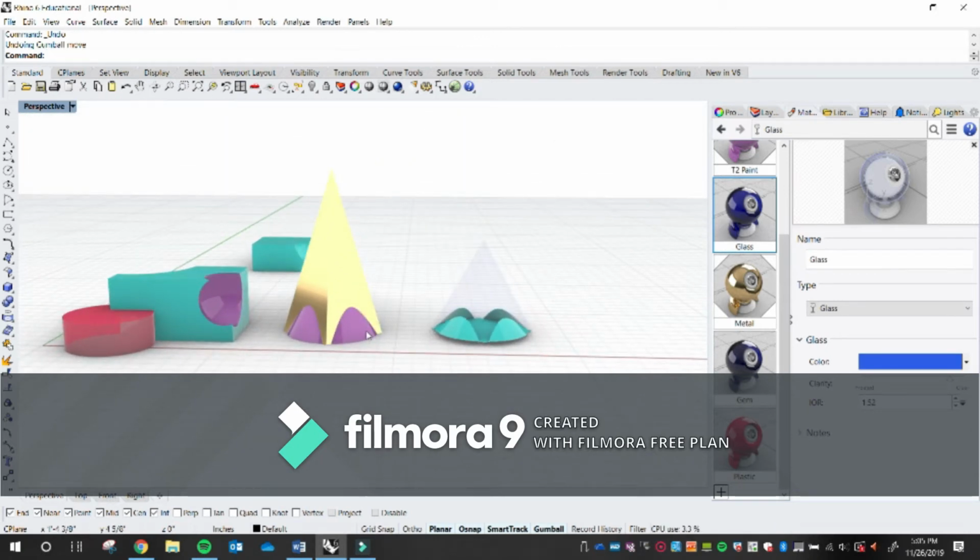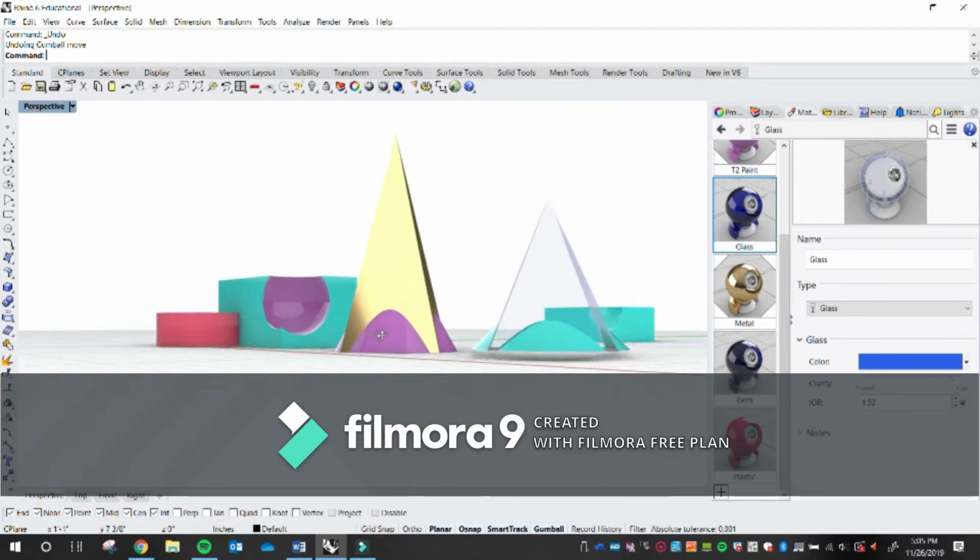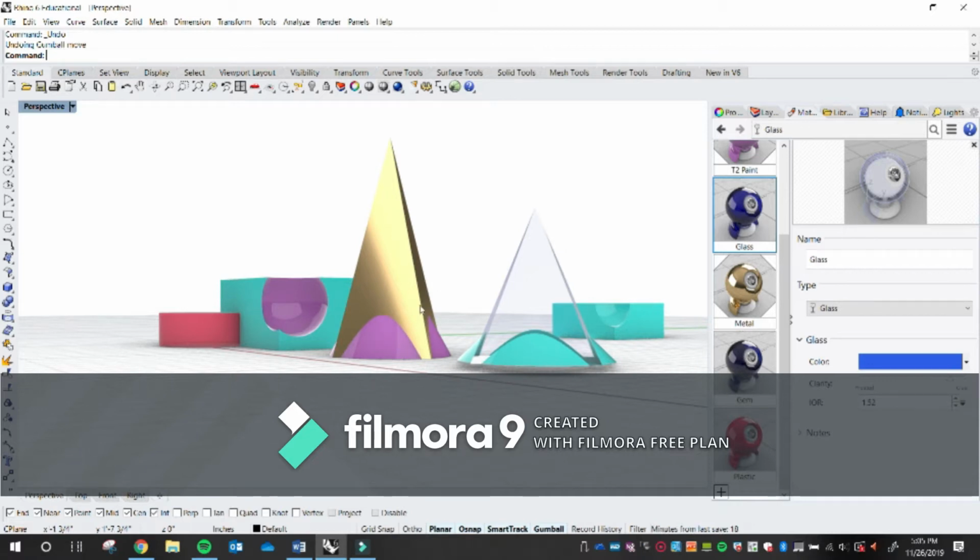The way that we actually get a rendering is we first select our view. Let's say that we want to do something like that. You have your rendering sphere over here. If you place your cursor on top of this blue sphere, there are two options. With the left click, you do a render. With the right click, you go to render settings. You can see right there on my screen, render settings. Go ahead and do a left click, which is a render,